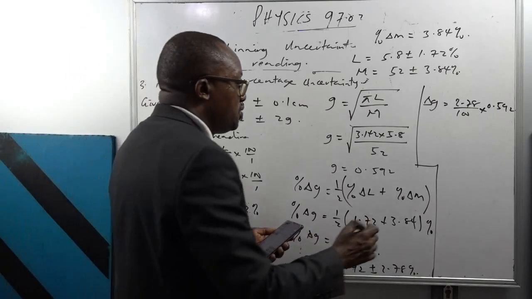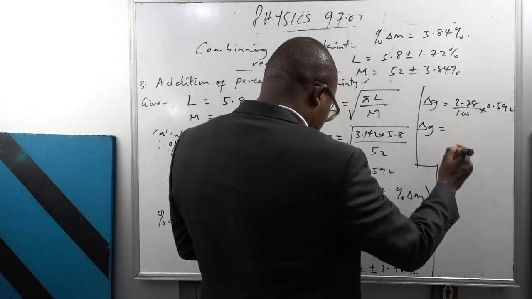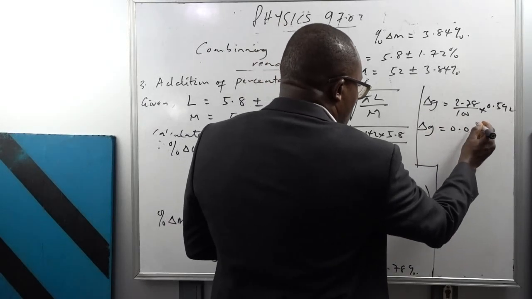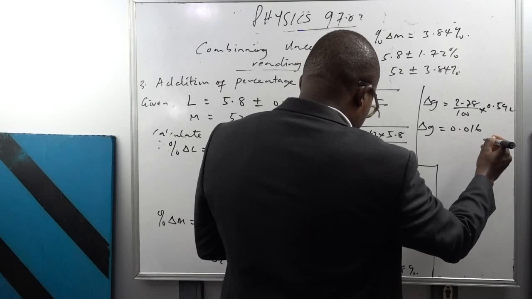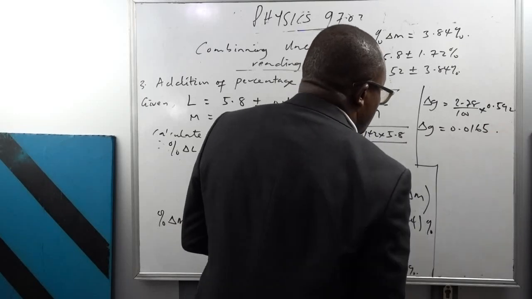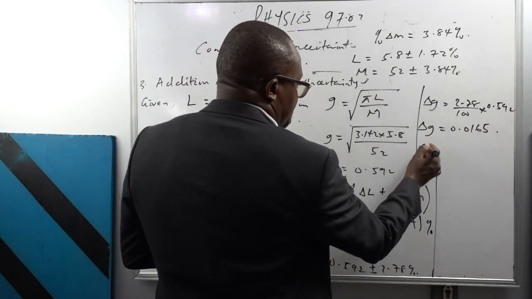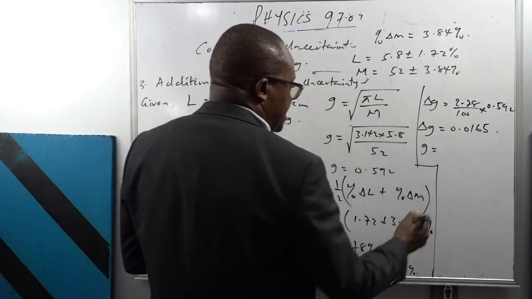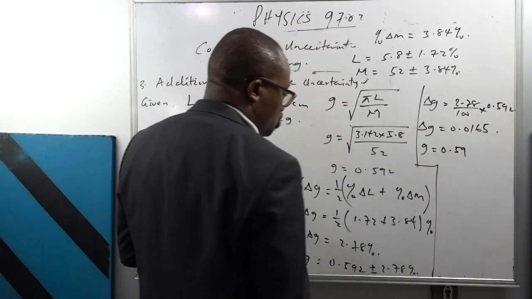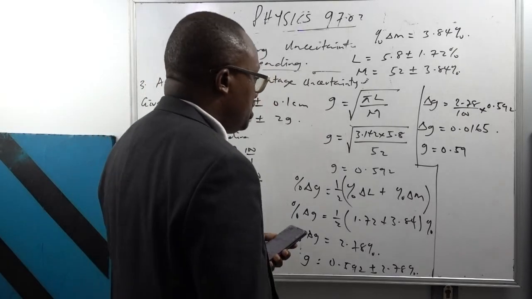And this will give you the absolute uncertainty of G, which will be equal to 0.0165. So reading of G can therefore be presented as 0.59 to two significant figures, plus or minus